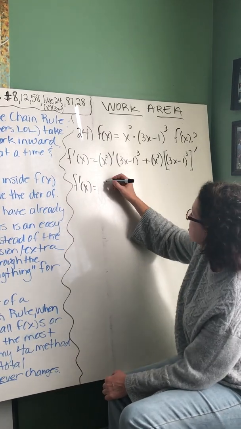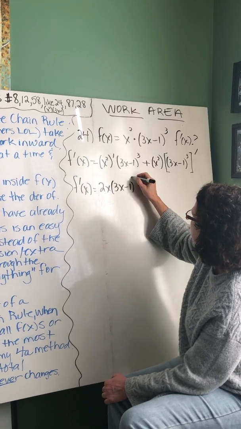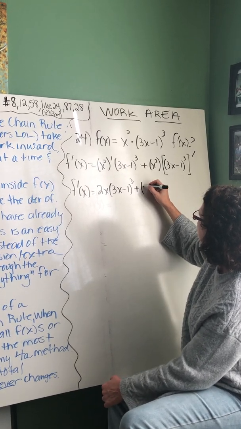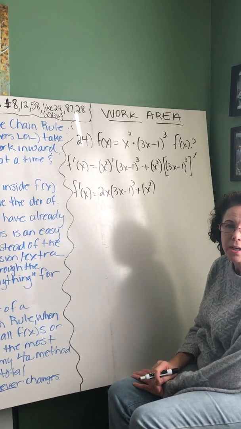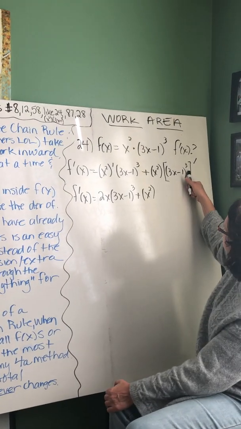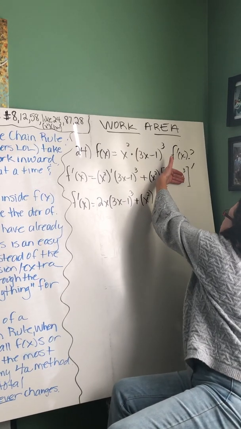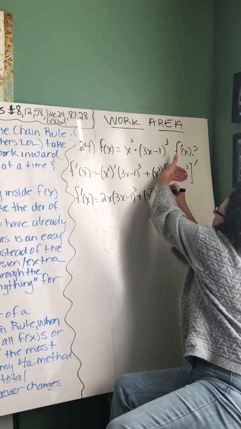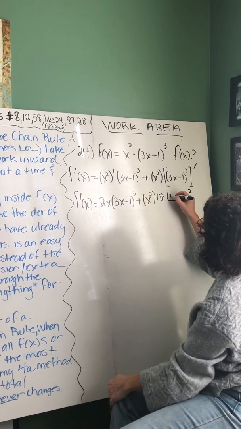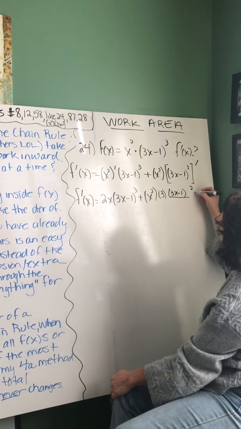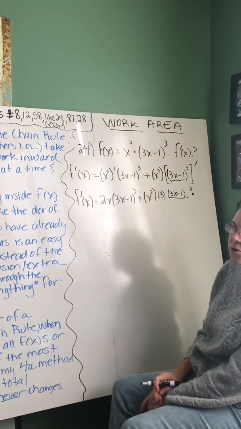The derivative of x squared is 2x times (3x minus 1) cubed, plus I have my x squared. Now this derivative is the chain rule. I see a cubic function on the outside, linear on the inside. So let's first take the derivative of anything cubed. That would be 3 times anything squared. My anything is 3x minus 1, times, I'm now going to take the derivative of the inside function, which is